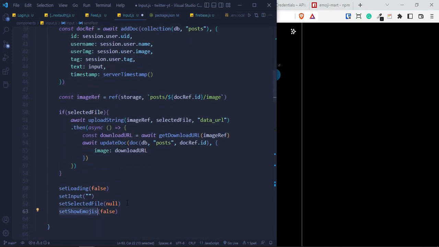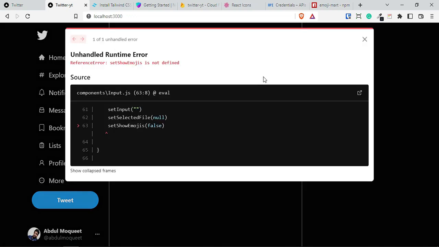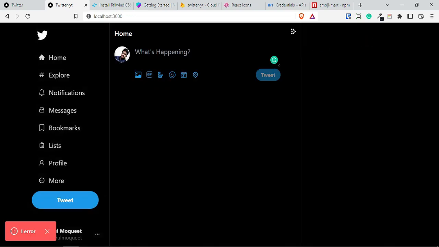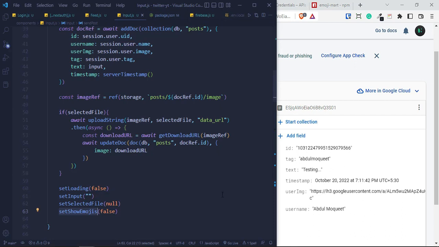Okay, so let's try one more time, second try, and tweet. setEmoji is not defined. Okay, don't worry, we are going to define it, but it's working now. As you can see, the text area is cleared and these things appear again. So we should have two posts now. Yeah, we have two posts. Second try, this one is here also. Okay,